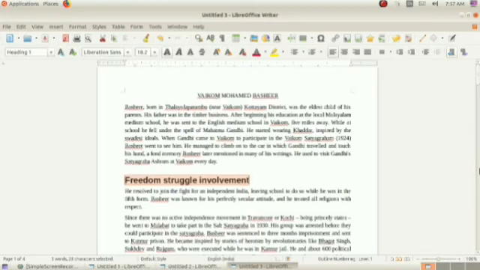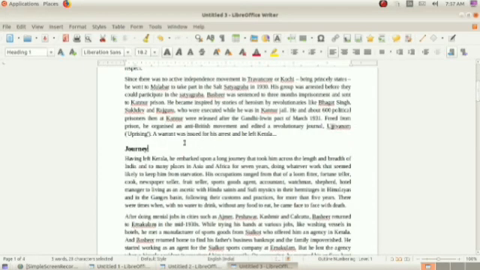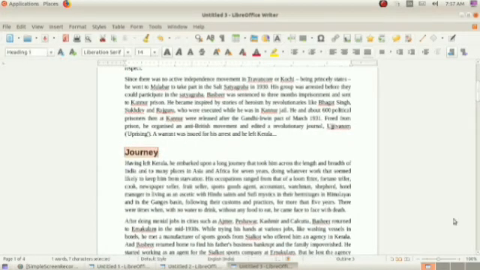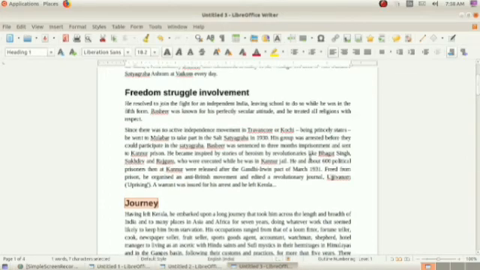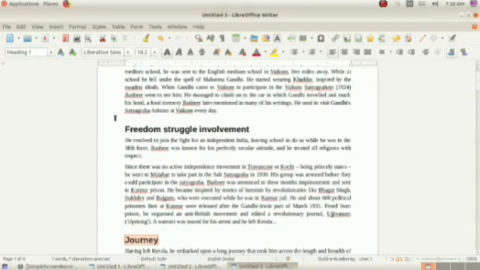Then I am selecting the next one, and also applying heading 1. Okay, we need uniformity in our document. So I am selecting each subheading and selecting the heading 1 style.